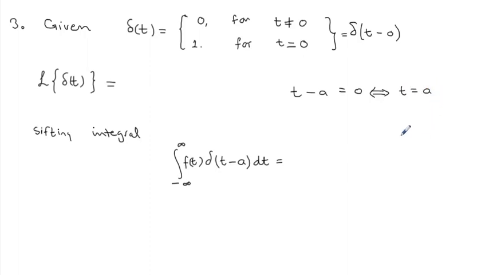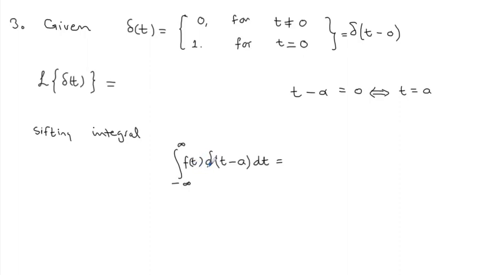Are you saying 1? I think it's a. Where did you get 1 here? Come again? A, yes. So then, if you were to get this kind of integral, what would you do? This function will be 0 everywhere except at a. At that time a, this function will be realizing 1, and this function will be also seeing a value of what? The only value where this function will consider now, it will consider as f of